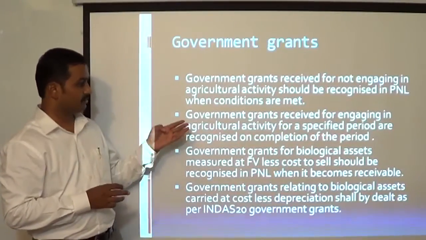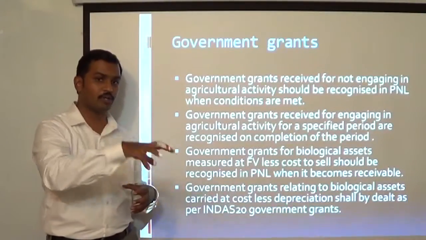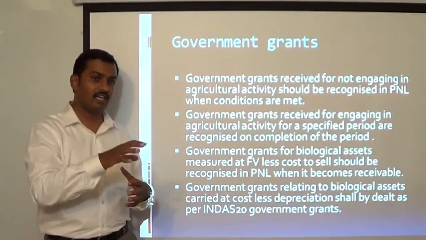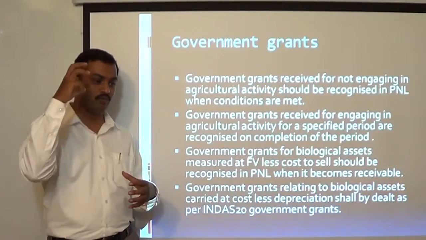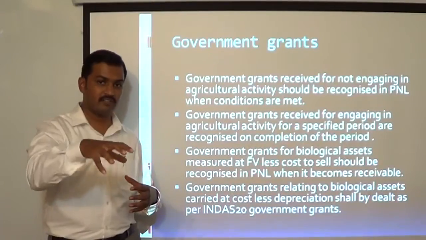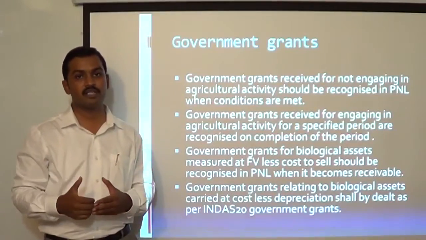by the government. Sometimes the government may say that you have to compulsorily do agricultural activity in a particular location for a particular period of time. Again, when you have satisfied the conditions, then you can recognize government grant. Suppose the government says you have to do particular farming in a particular area for 5 years. In such cases, once you complete those 5 years, then you can recognize the government grant as income in your